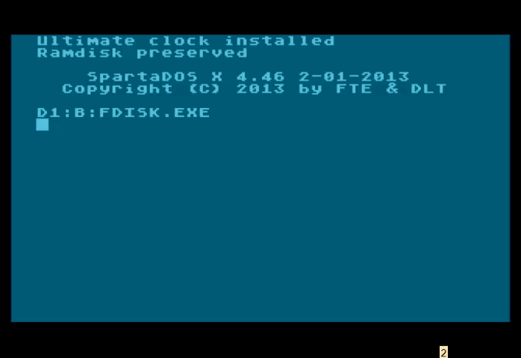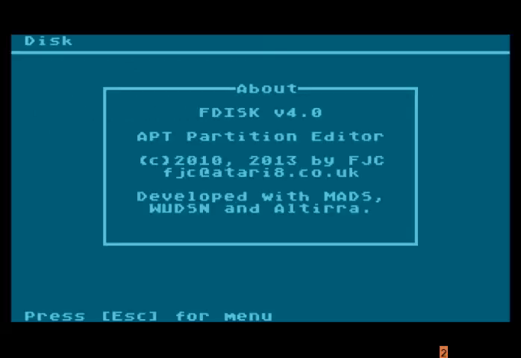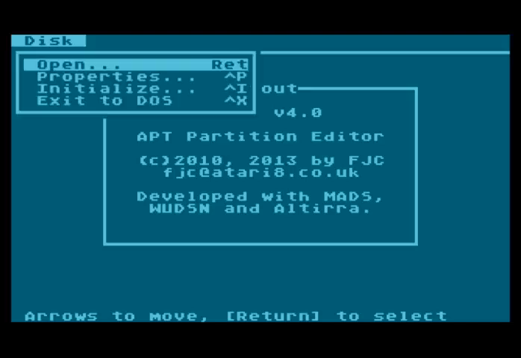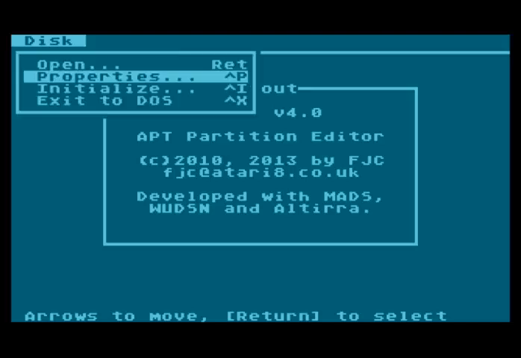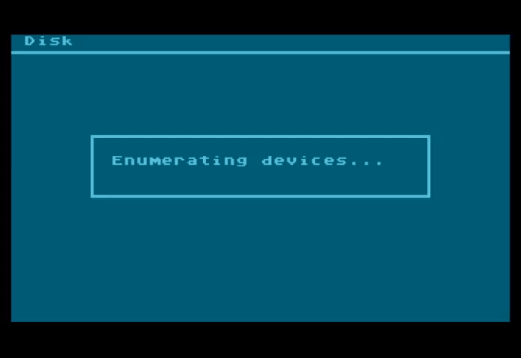This is, as I said, a brand new version of the Partition Editor. It's been in development for about 3 years, been completely or largely rewritten twice because of the changing requirements of the job it had to do, really. So it's menu driven anyway. Press escape. If you just want to have a look at the media, if we just select properties,